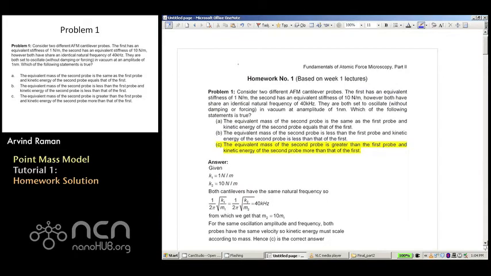This is the solution to homework 1, and homework 1 is based on material covered in week 1, which really dealt with equivalent point mass oscillator models for cantilever probes. And really the point was made that it's these correct point mass oscillator models that allow us to, in future weeks, go into some detail to understand the links between the observables in dynamic AFM methods and the local